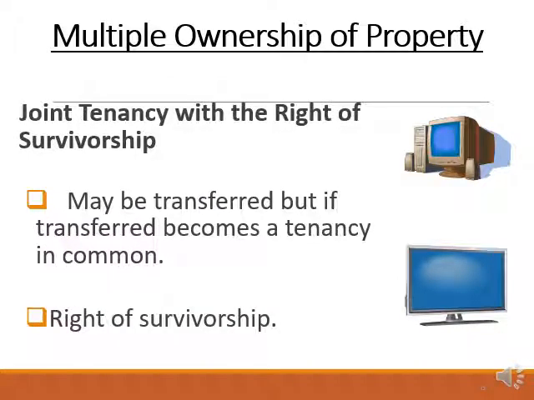There's also a joint tenancy with the right of survivorship. With a joint tenancy with the right of survivorship, when an owner dies, it does not go to their heirs or relatives. It goes to the remaining owners. So let's say Jack and Peter own a boat. Before Peter's death, they each had a 1/2 interest. When Peter dies, Peter's interest this time does not go to Peter's relatives. It goes all to Jack, and Jack owns the property completely outright as a fee simple owner, which means he owns all of it.